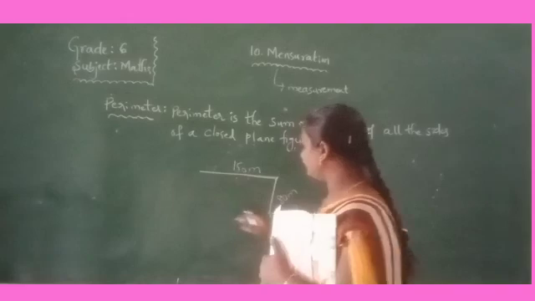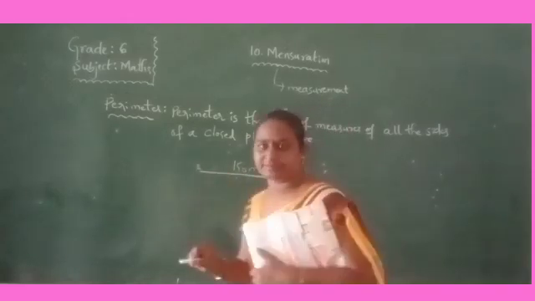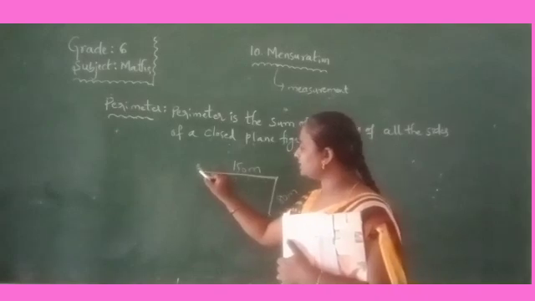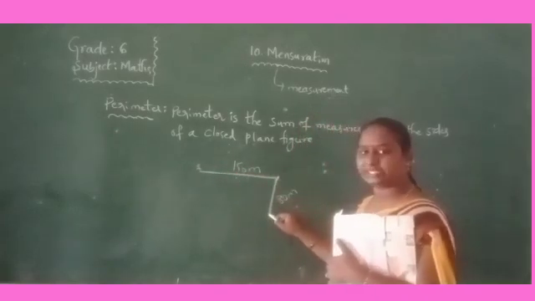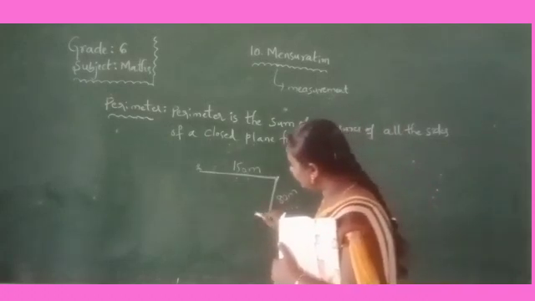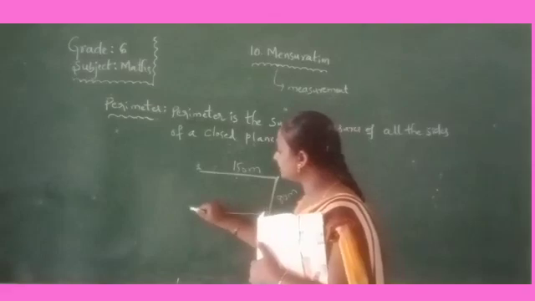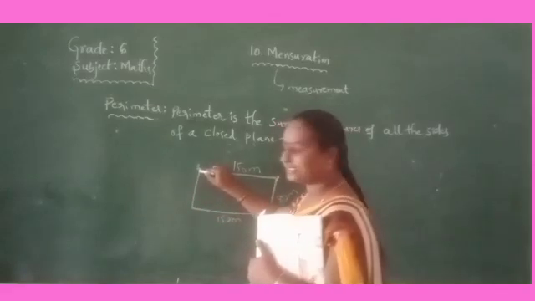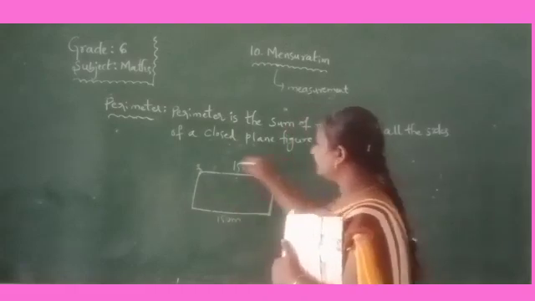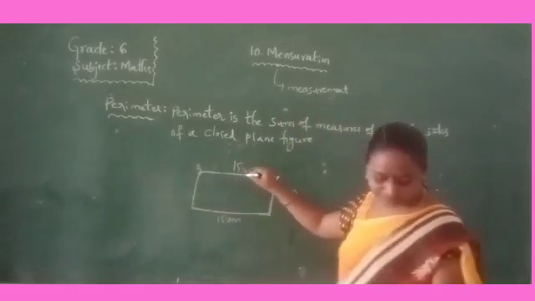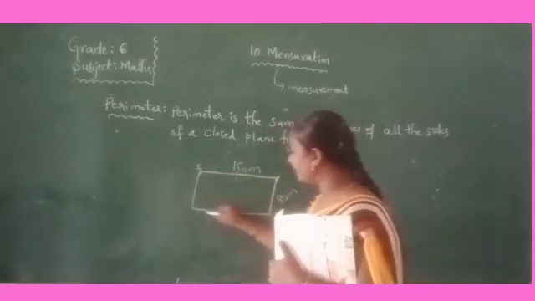So here, see, first she has started from here. She has walked 150 meters. Again she turned, 80 meters. Again she moved like this. After that, she has reached the same place. This is the complete revolution. This is the complete round on its boundary. This is the boundary. Okay.